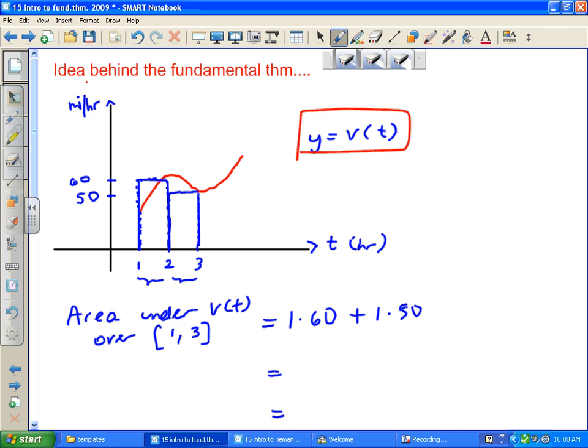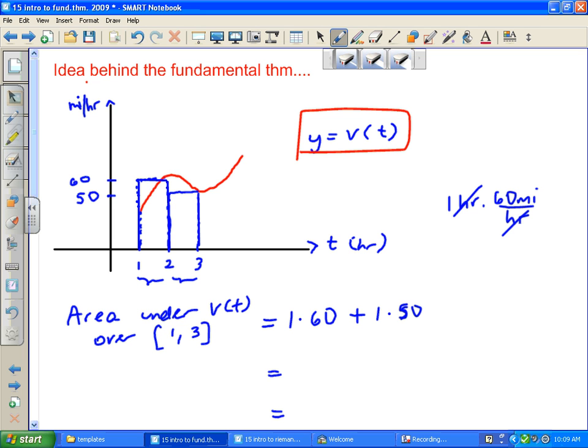And think about what the units are here, okay? On the base is time. So you have like 1 hour. On the y-axis, you have miles per hour, the velocity at which this object is going. It's accelerating, it's decelerating, it's going faster. But between 1 and 2 hours, it went at 60 miles per hour, right? So if I multiply those 2 quantities, what will I get? I get the total distance traveled in 1 hour, correct? And what is that total distance traveled in 1 hour? It was 60 miles. This object traveled 60 miles,